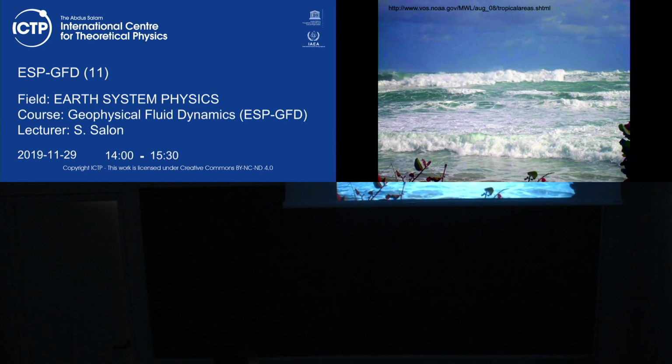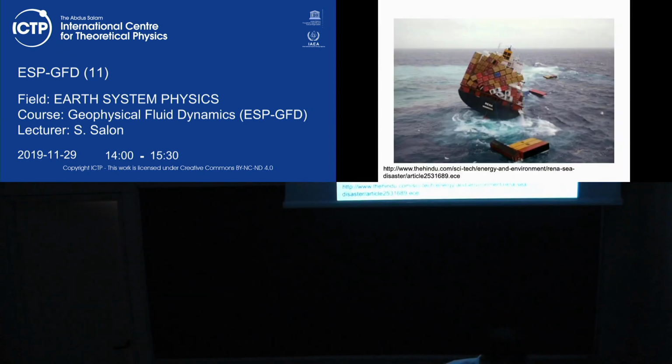Don't think too much about that, because you will see it in the ocean dynamics course. But this is one of the things we want to defend our coast from, especially for people who live close to the coast. I think that 40% of the global population is close to the coast, so it's very important. And if you think also about the problem of sea level rise, it's extremely important. And then, as I said before, it's important to avoid problems like that.